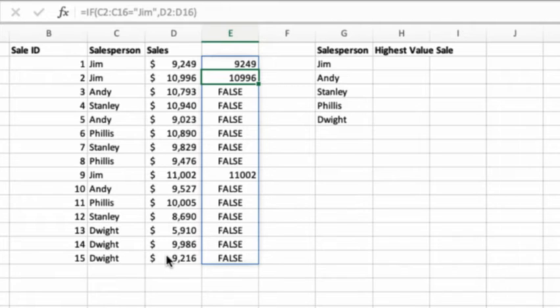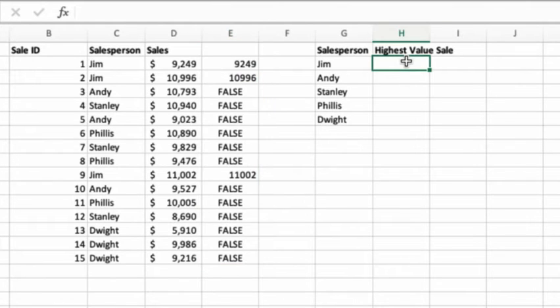So this is the basic idea behind what we are looking to do. Let's just put this all together and make the calculations in a single formula. So I go to cell H2 and start entering the formula.